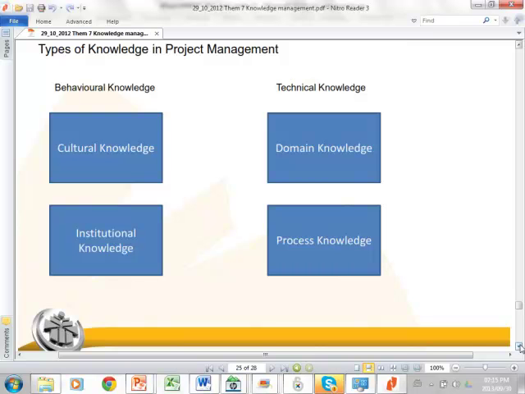Okay, then we have domain knowledge. So this is where, as an electronic engineer, I have certain knowledge about my domain. Because I've worked in defense projects, I have certain knowledge about the military domain. And in just the same manner, you all have knowledge about your domains, and you are sitting in this class because you want to learn more about the project management domain.